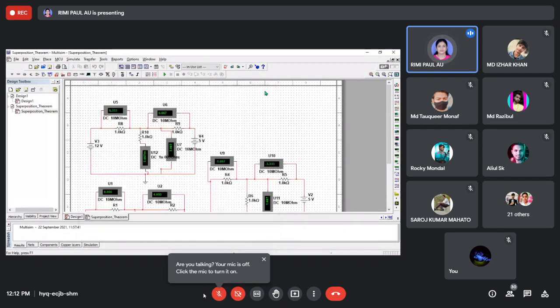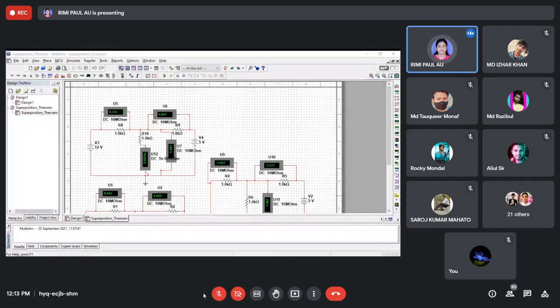So in this platform, you can solve any type of hardware circuit before going to the hardware circuit. That means suppose you are taking a component, and you want to know what the result will be before doing it in hardware. You need this platform so that before taking the component you can use it here. You can get what will be the output voltage or output current, and the same thing you can get in the practical system, that means hardware. Some voltage or current will be changed due to that.